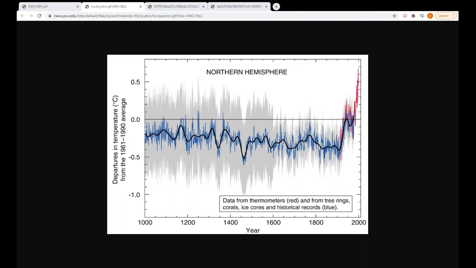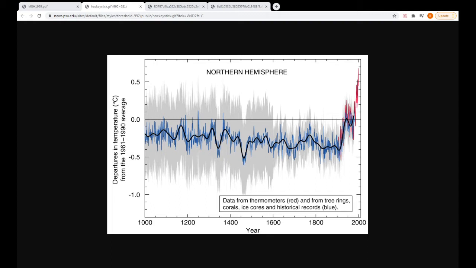The graph is known as the hockey stick graph, and it was made approximately 20 years ago to show what temperatures of the planet were supposedly like over the last 1,000 years by using things in nature, like tree rings, to estimate past temperatures. It's been a source of controversy ever since it was made, and the reason I'm discussing